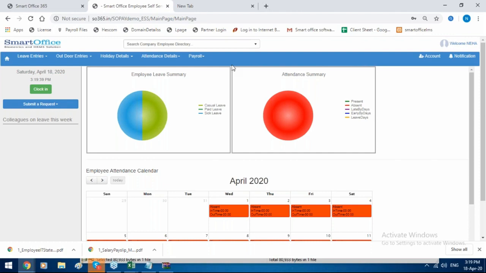Only one extra option is there, that is manager details, where manager can approve or resign.